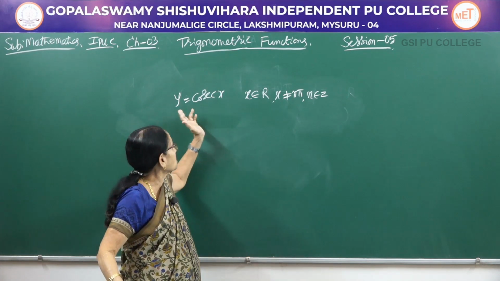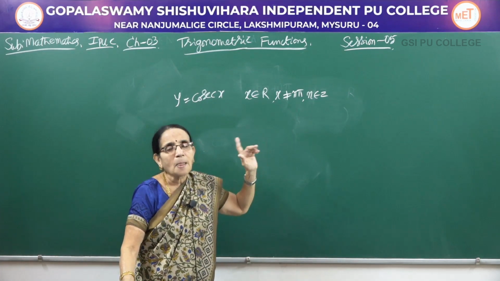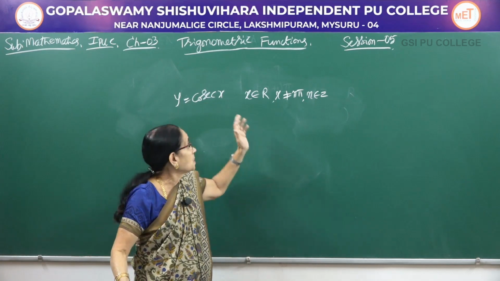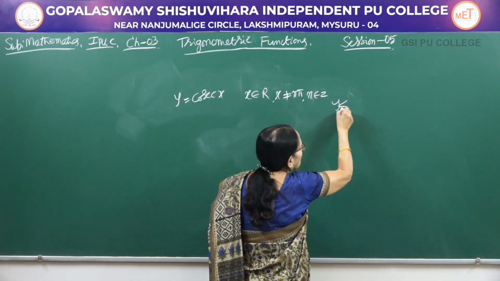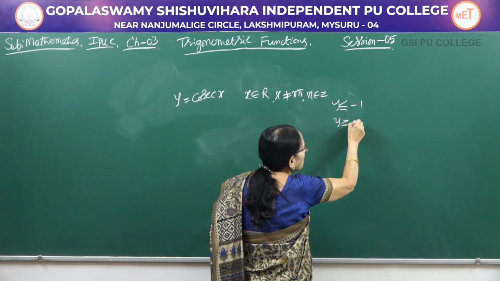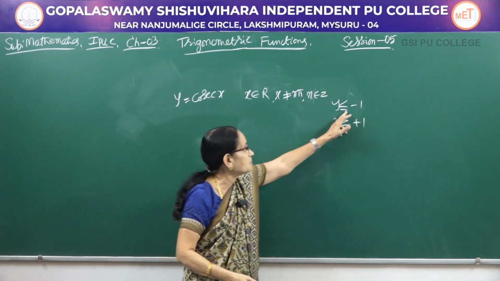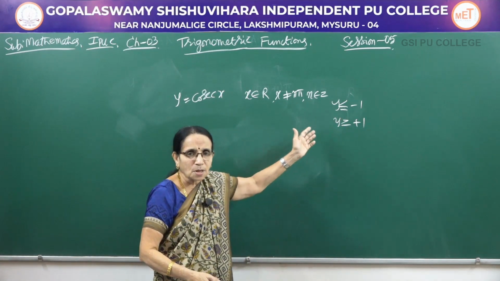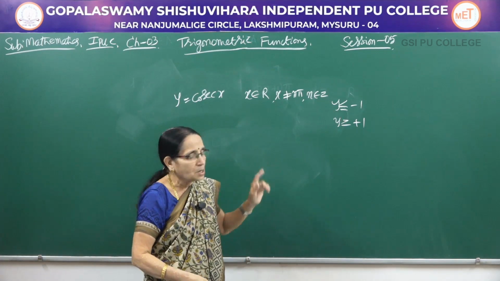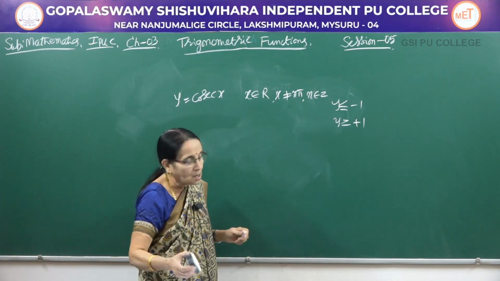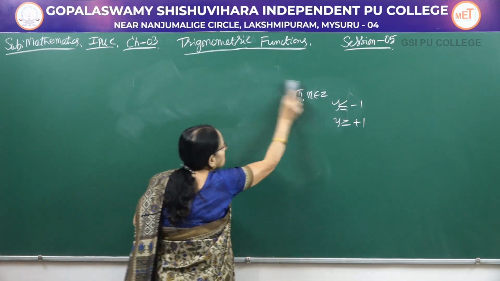Then what would be the range? Range means the value of y here. We have seen that sin x lies between minus 1 and plus 1. Because this is the reciprocal of that, y would be either less than or equal to minus 1, or greater than or equal to plus 1. Omitting those values, it will take the other values. Of course, equality is there, because sin 90 is 1, so cosecant 90 will also be equal to 1. So either it is less than or equal to minus 1, or greater than or equal to plus 1. So this is the domain, and that is the range of the function.